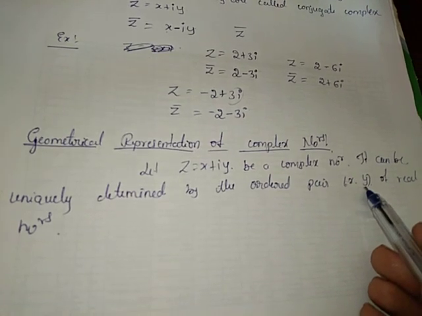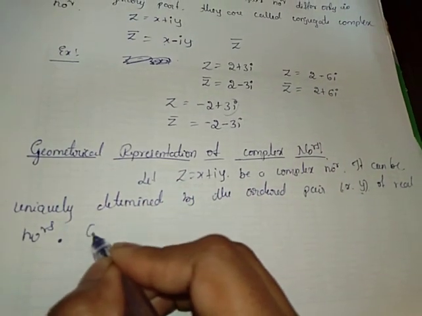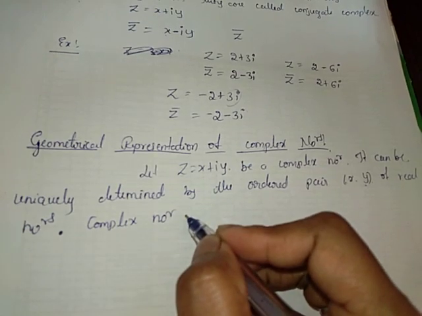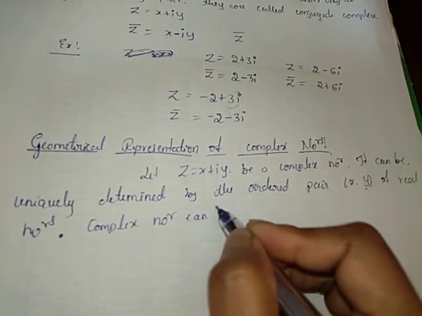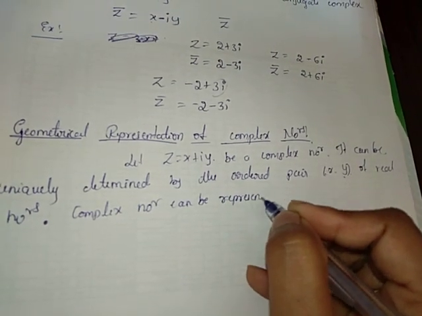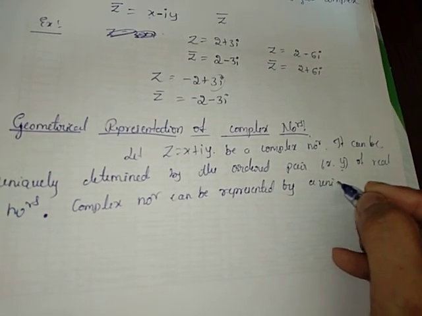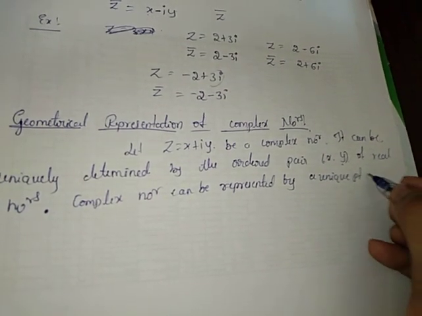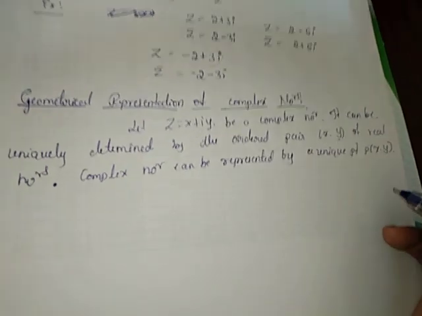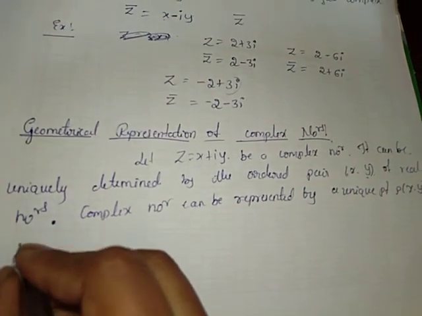Here a complex number can be represented by a unique point. A complex number is represented by the unique point P of x comma y